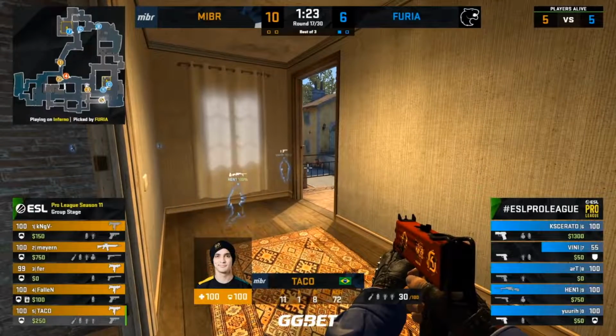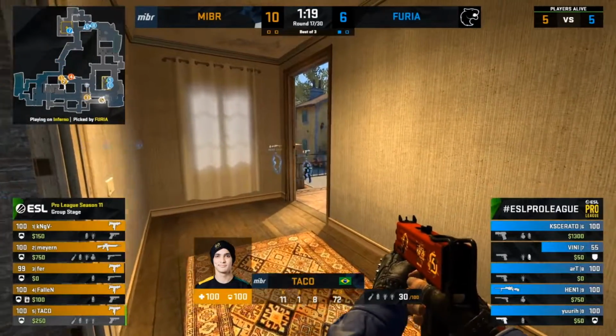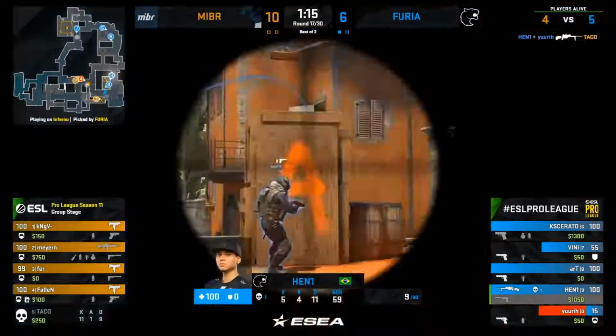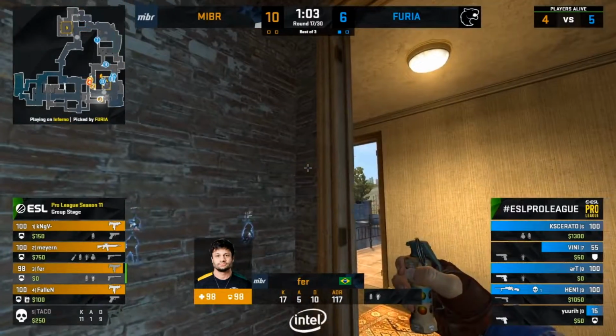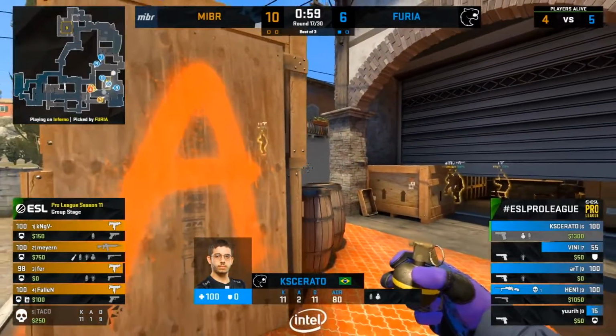Pushed up in the halls, pushed up in the apartments is Taco. Oh, he's been spotted. They might even boost for this kill. Just go for it instead. Double peek. Henny gets the frag. Almost walks into that grenade. Rotation. Furia do love to gamble on this CT side. I was wondering if it would come back to hurt them in this half, but right now it's looking like